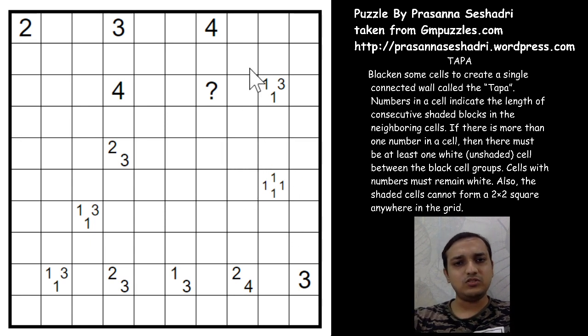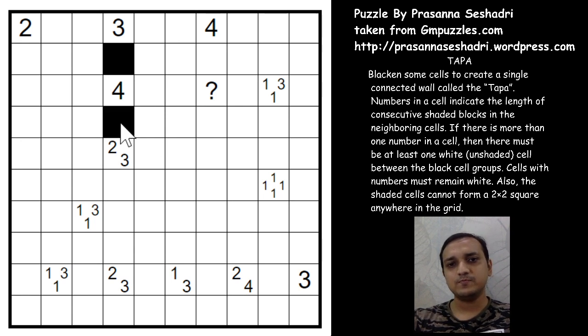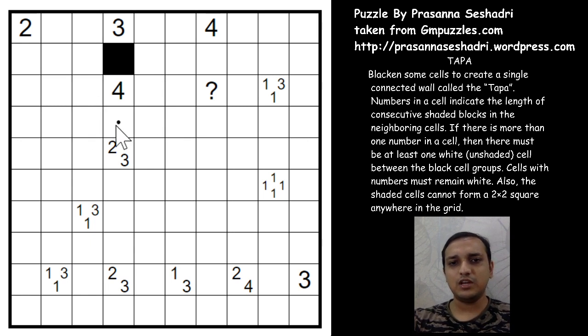So what happens, okay, if you see a 3 here, as I already said, we have a shaded cell here for sure. We don't know the other shaded cells. It can be this way or this way or this way, but we got to know that for this 4 we have one cell shaded as black. So can you have this cell again shaded? You have to make these 2 cells connect for the 4, and then it will form 5 shaded cells. So this will surely be a cross.